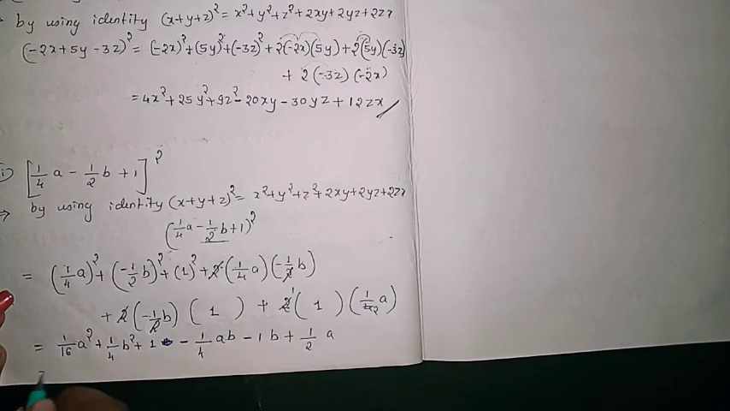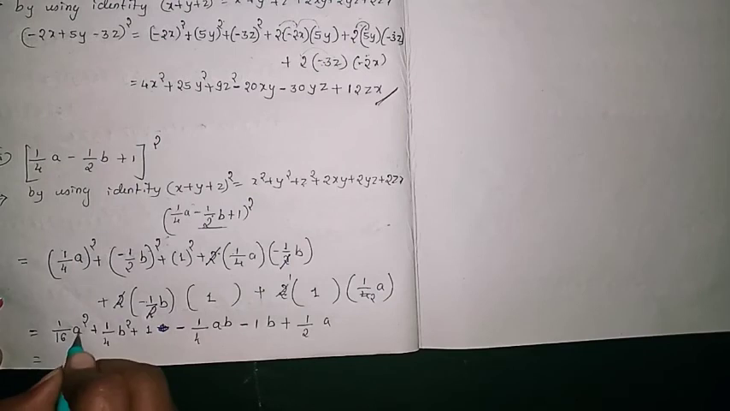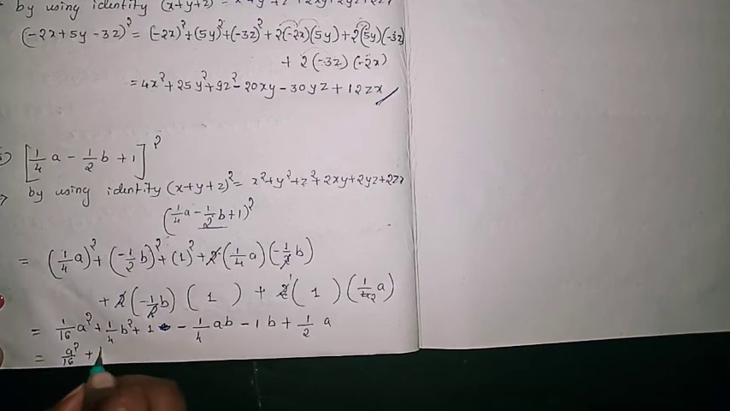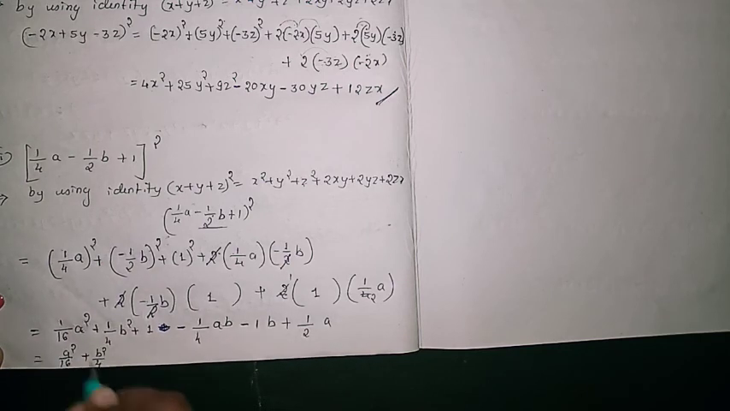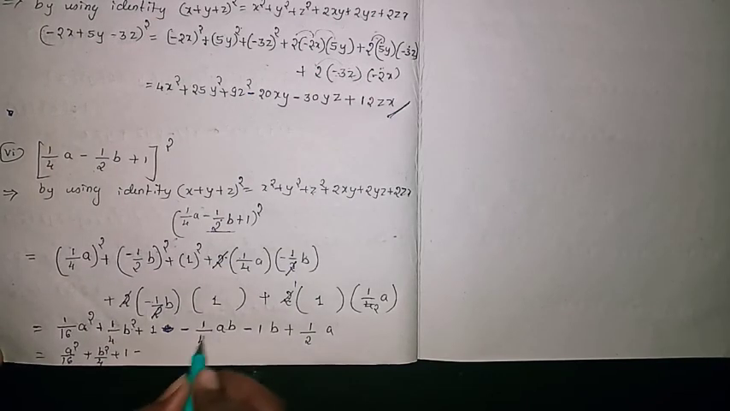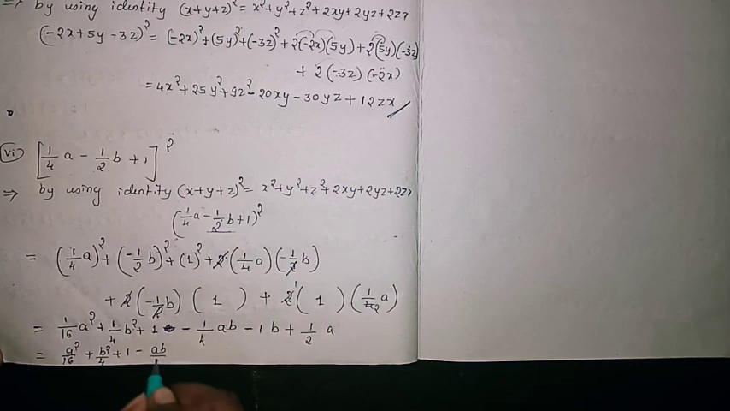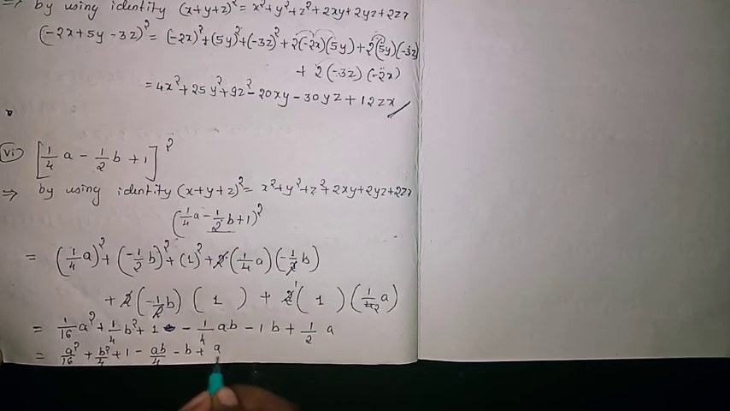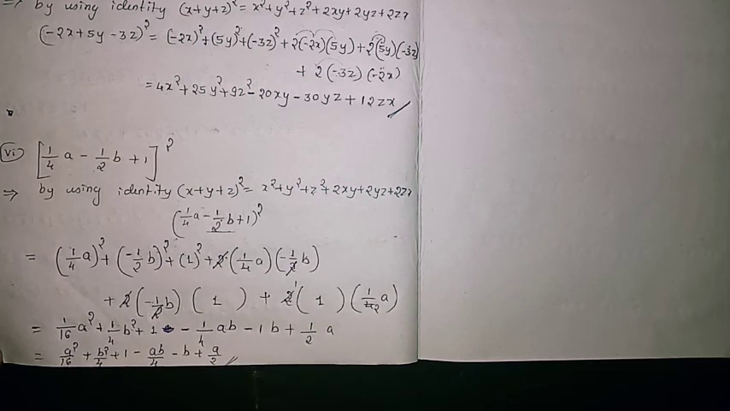So I will write the final answer for this: a square divided by 16 plus b square divided by 4, plus 1 minus ab divided by 4 minus b plus a divided by 2, which is your final answer. And just note down your homework questions,